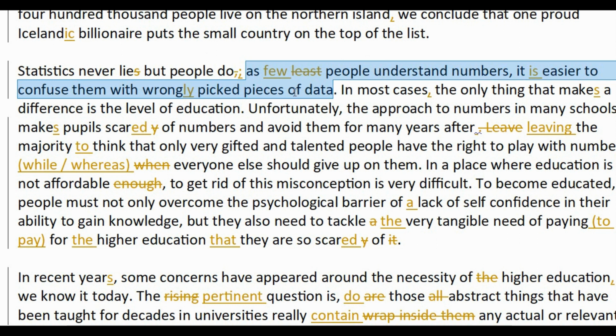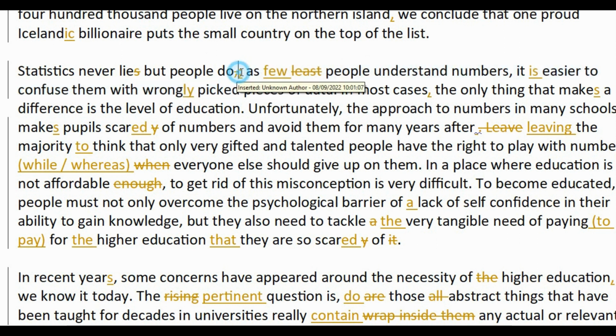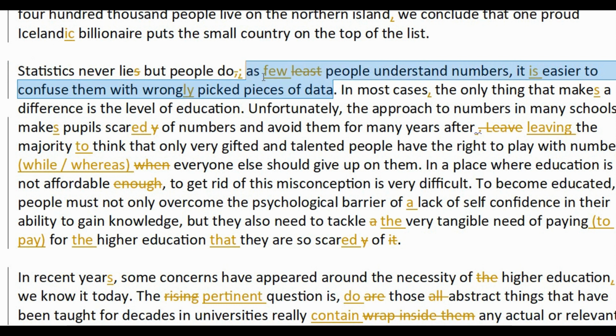And so avoid ambiguity with the correct punctuation. Yeah, that semicolon lets me know that that main clause stands on its own. And this main clause is coupled by a comma, yeah, it's coupled with that subordinate clause. So as few people understand numbers, it is easier to confuse them with wrongly picked pieces of data. Yeah, so be careful, make sure you're clear about where your subordinate clause belongs. It belongs with only one main clause. It can't belong